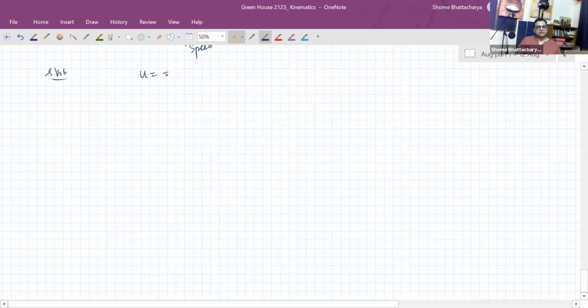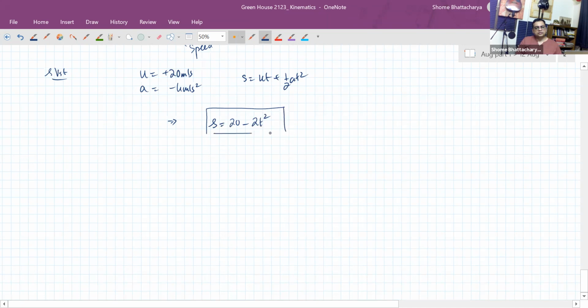So u was plus 20 meters per second and acceleration was minus 4. So using the relation that s is equal to ut plus half at square, I'll see that this is a different kind of parabola because the coefficient of t square is going to be negative now. It is going to be minus 2t square, like this. So you can see that this is such that 20t minus